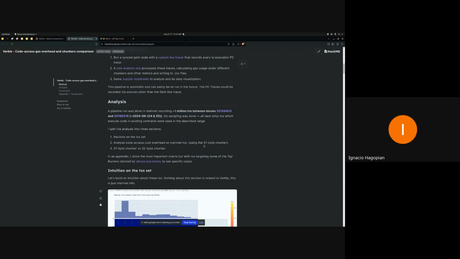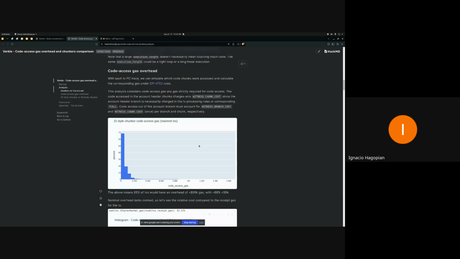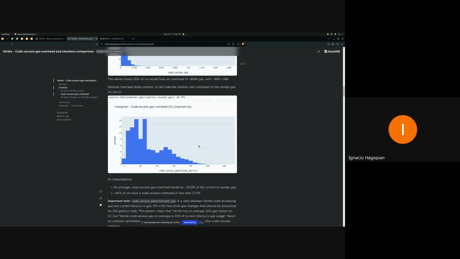And basically, there are two main conclusions. The first one is, if we simulate how much gas a transaction would pay for accessing code, how much would that be compared to current mainnet gas consumption for that transaction.